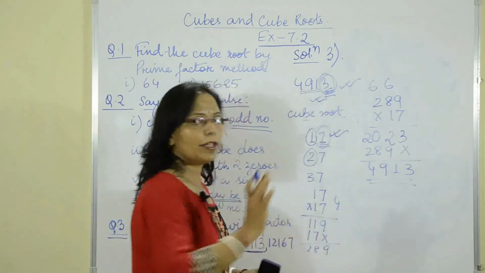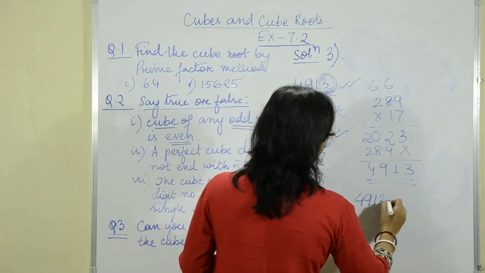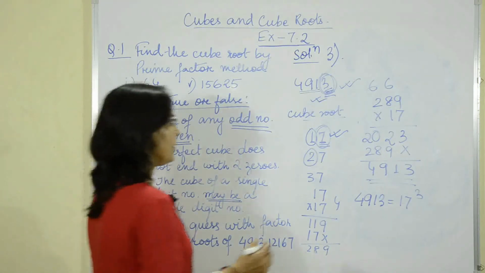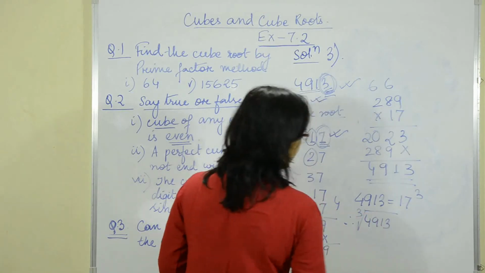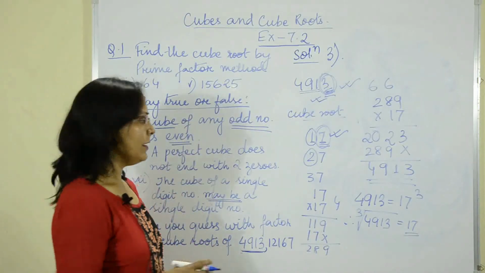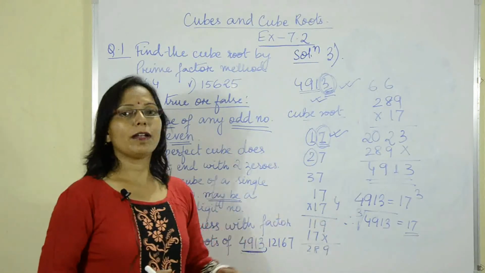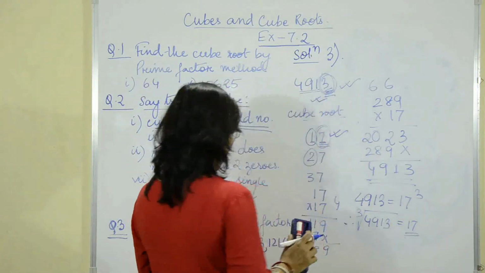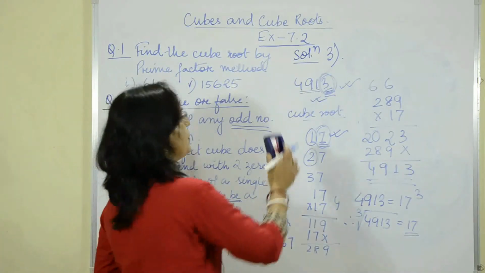So, without going by the factor method, I have found out that 4913 is nothing but 17 cubed. So, I want the cube root of 4913. How do I write cube root? This is how cube root is written, and it is nothing but 17, because the 3 and the cube root get cancelled out. So, this is how we will have to do this. Let us discuss one more sum so that you understand better. So, this was how we find the cube root of 4913 without the help of the prime factorization method.